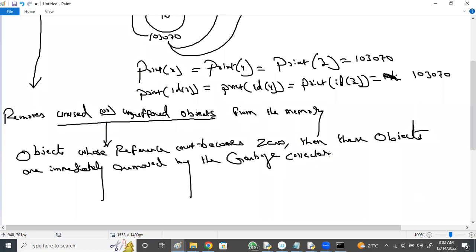Then these objects are immediately removed by the garbage collector automatically.